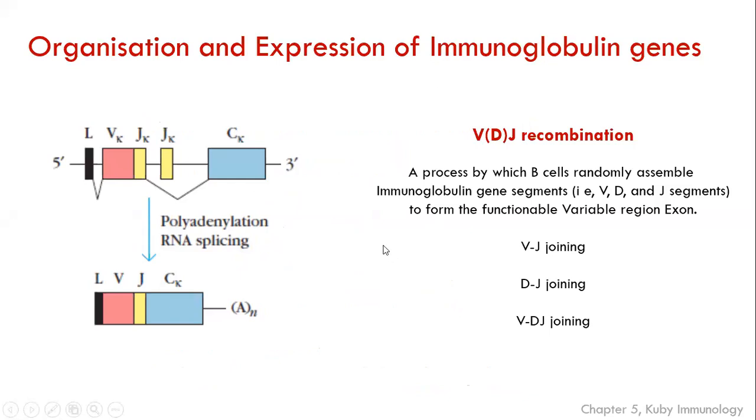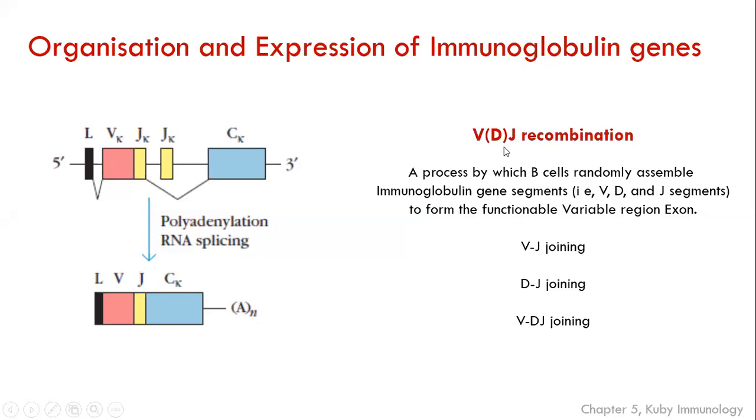I already briefly spoke about it in the previous slides. For example, here is a molecule without post-transcriptional processing, a combination of the gene segments 5' to 3', and they go through the post-transcriptional mechanism, where introns are removed. A combination of JK2, the yellow things, are there, but only one has been picked up here, and there is a polyadenylation. A combination of the mRNA is formed here. So how does this happen?